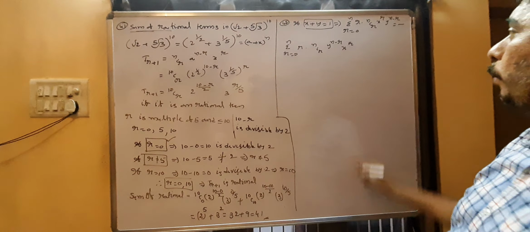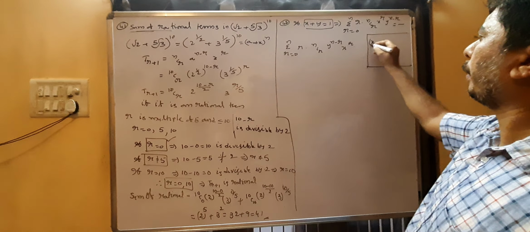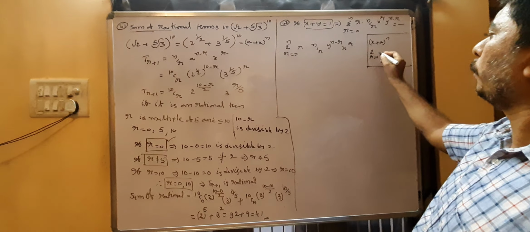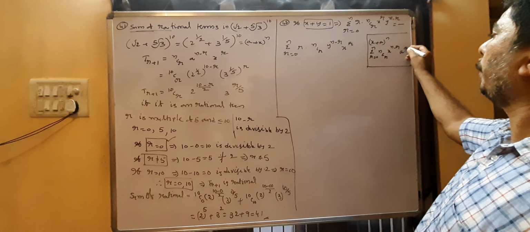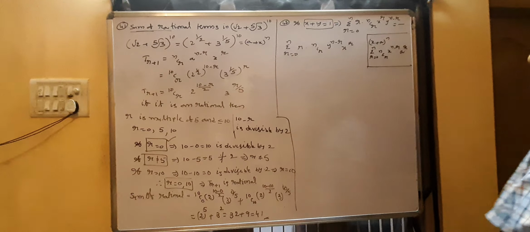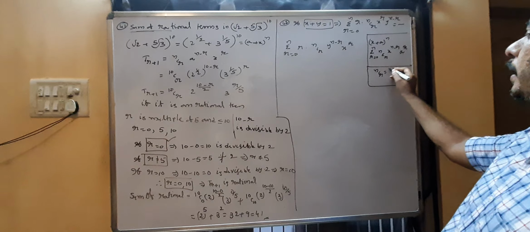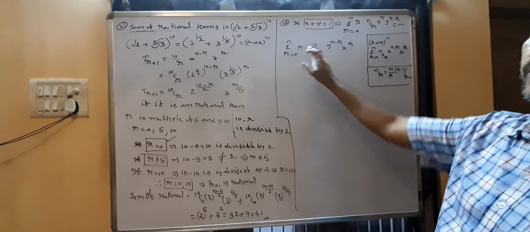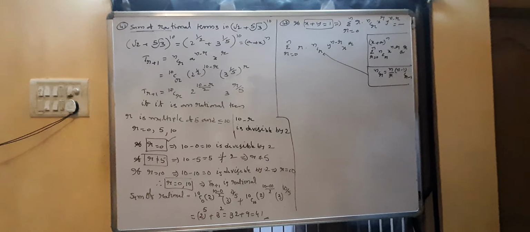That is the expansion of (a + x)^n. We know the expansion of (x + a)^n or (a + x)^n, whatever it be, is sigma r equal to 0 to n nCr x^(n−r) a^r. Converting into this formula, x plus a converting into this formula. We know nCr means n by r into (n−1)C(r−1). For cancellation of r, I am applying this formula to nCr first.